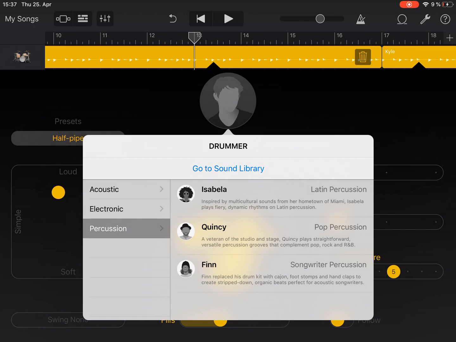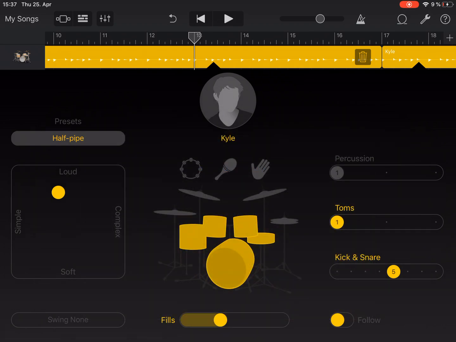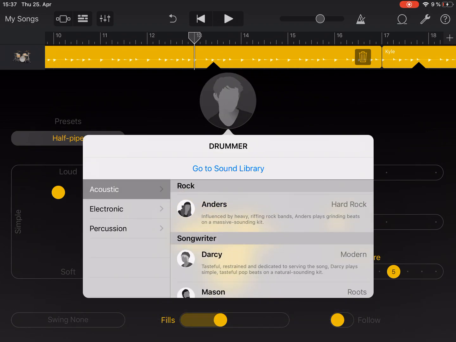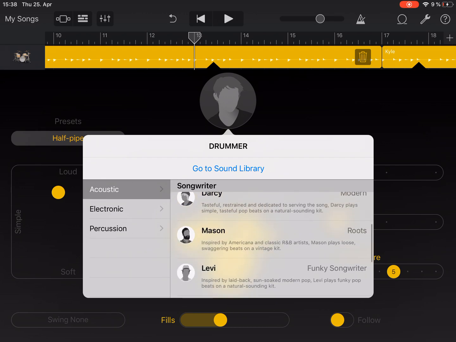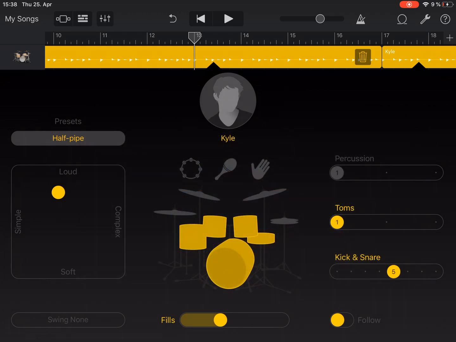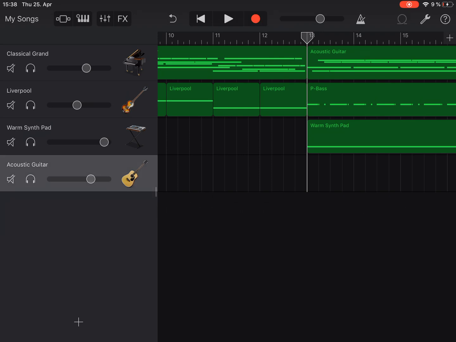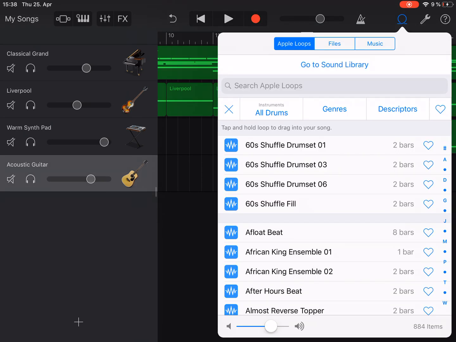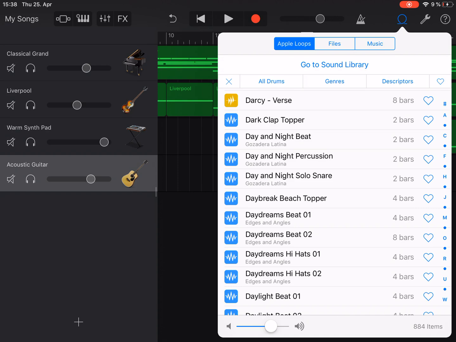Songwriter works with the songwriter type group, which is not overpowered. They are really versatile and simple type beats, in my personal opinion. So those are what the certain color coordination of the loops are. So we are going to go down to Darcy, and we are going to